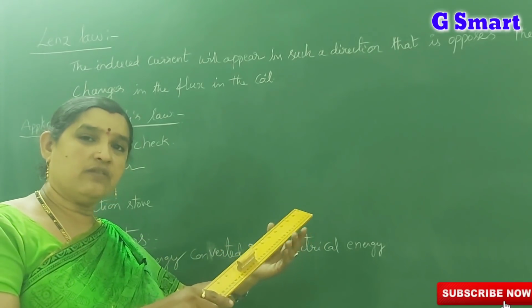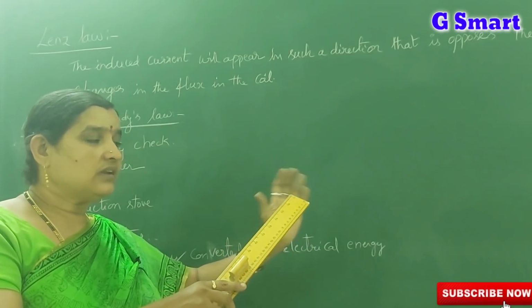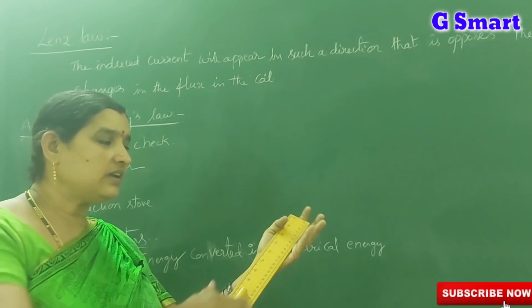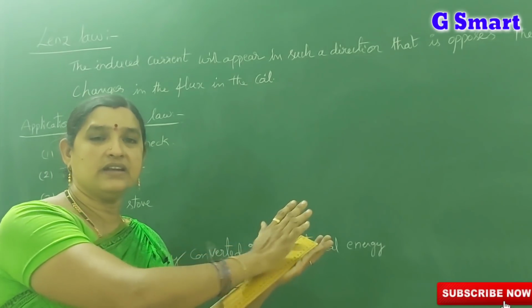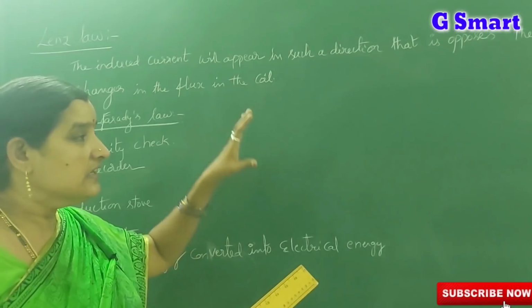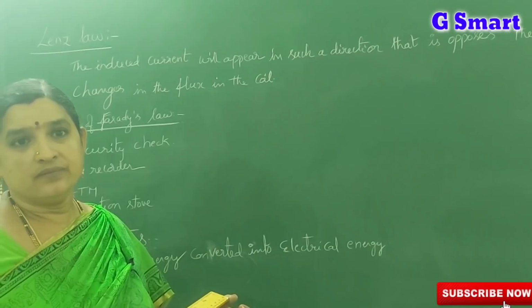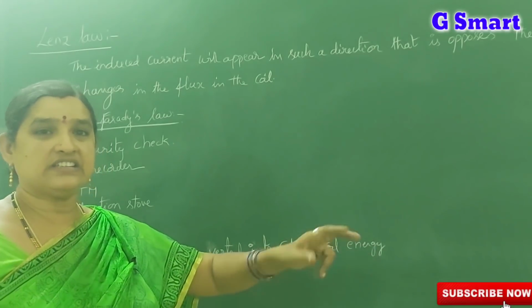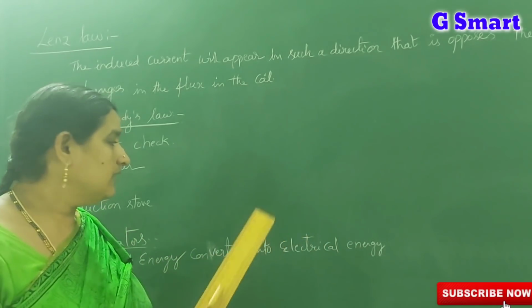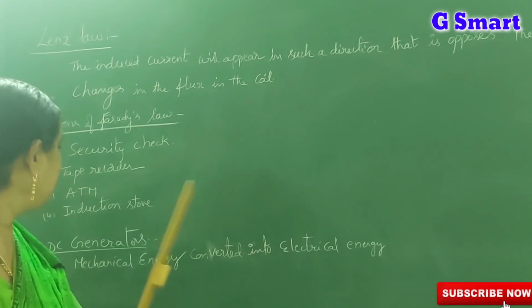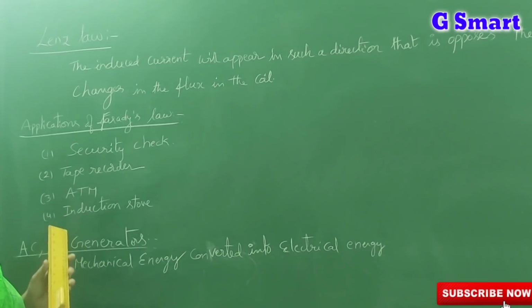Again it moves, then what happens? North poles and south poles, meaning like poles repel. When it repels, the tape opens and the stored information is scanned by the machine. When you bring it out again, due to the continuous attraction and repulsion, the induced EMF will be generated and the ATM machine will work.